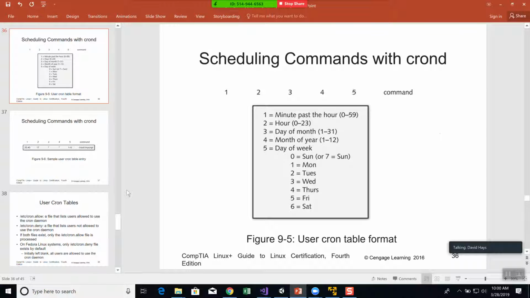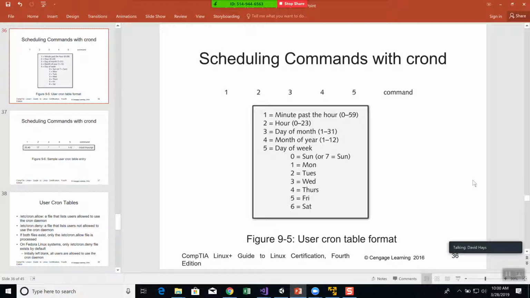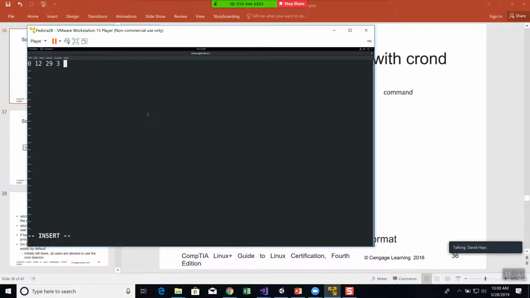These could contradict each other. When you don't put one in, that's where you put the asterisk you see right here. Okay, so for the day of the week, since I've already scheduled it on a specific day, I'll put the asterisk. And /home/OS boxes